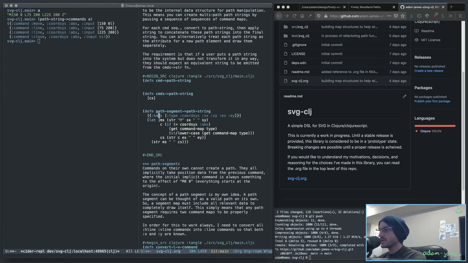And a single one of these commands can destructure this way. If I do